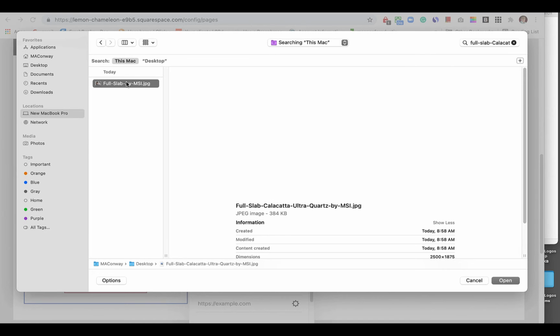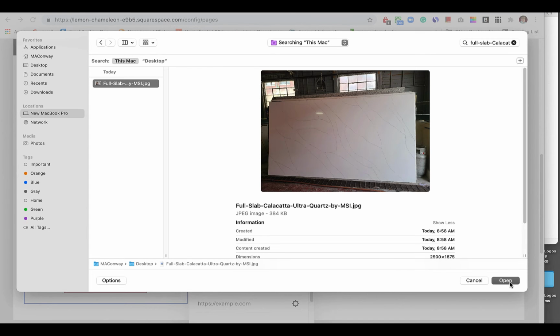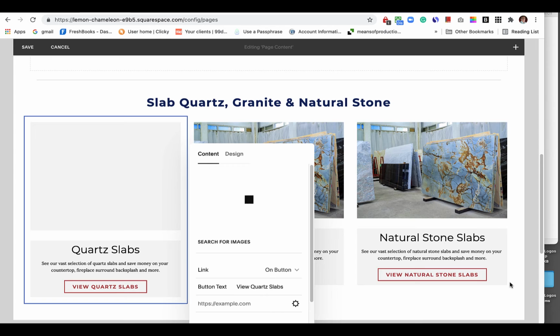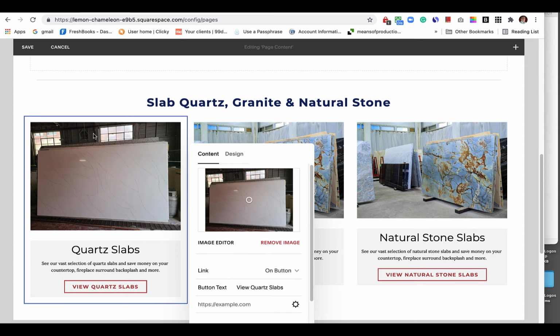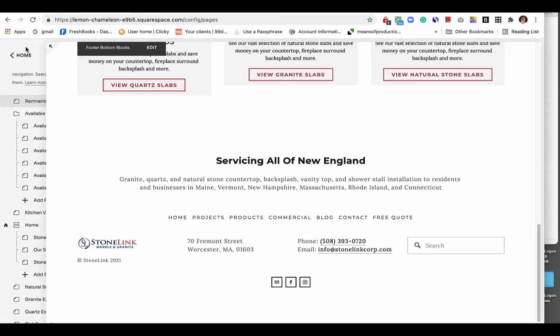There it is. Okay, so now I'm just adding it. I can also just find it in a folder and just drag it to this section here. But there we go. We now have our image replaced, and it's all set. Basically, this part of it, this page, once I click Save,